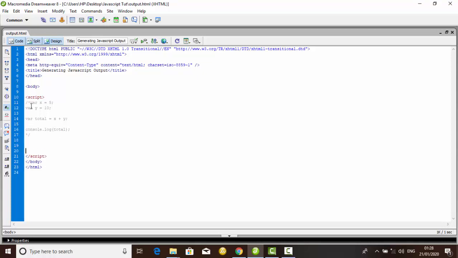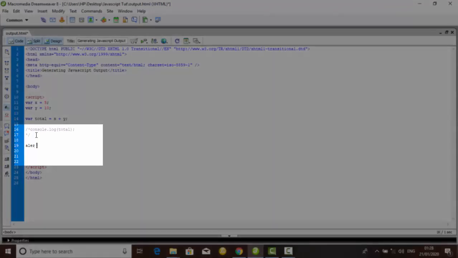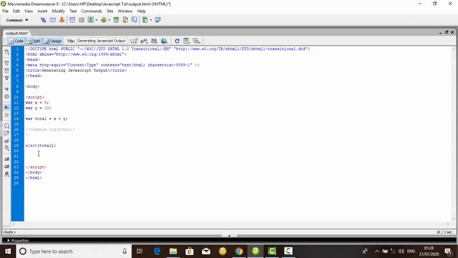Okay, so what I need to do is comment out the console output, and I'll use an alert dialog box instead. To do that, use the keyword called alert, and I'll call in the variable I want to output. And when I reload this page,